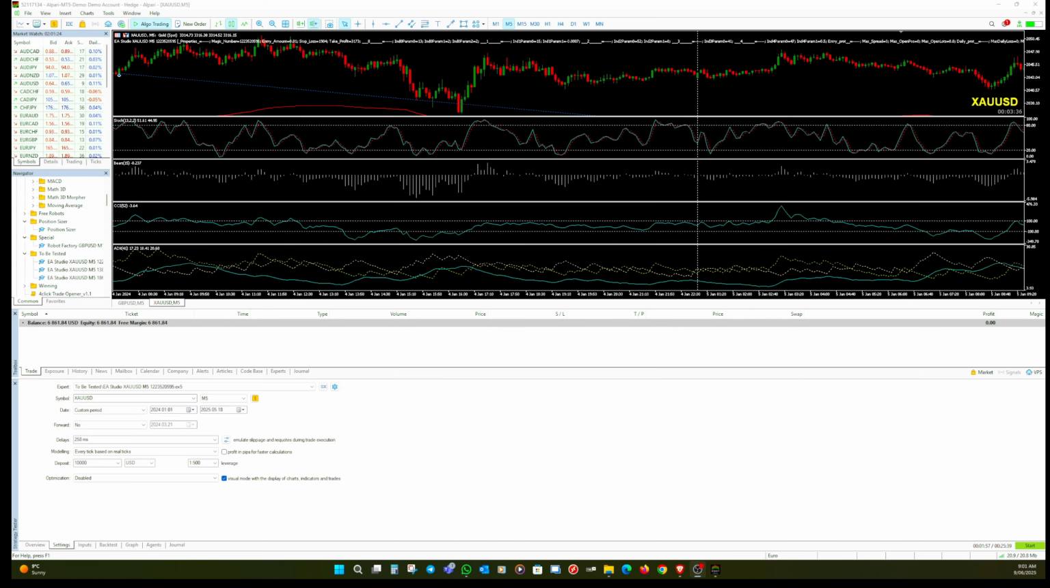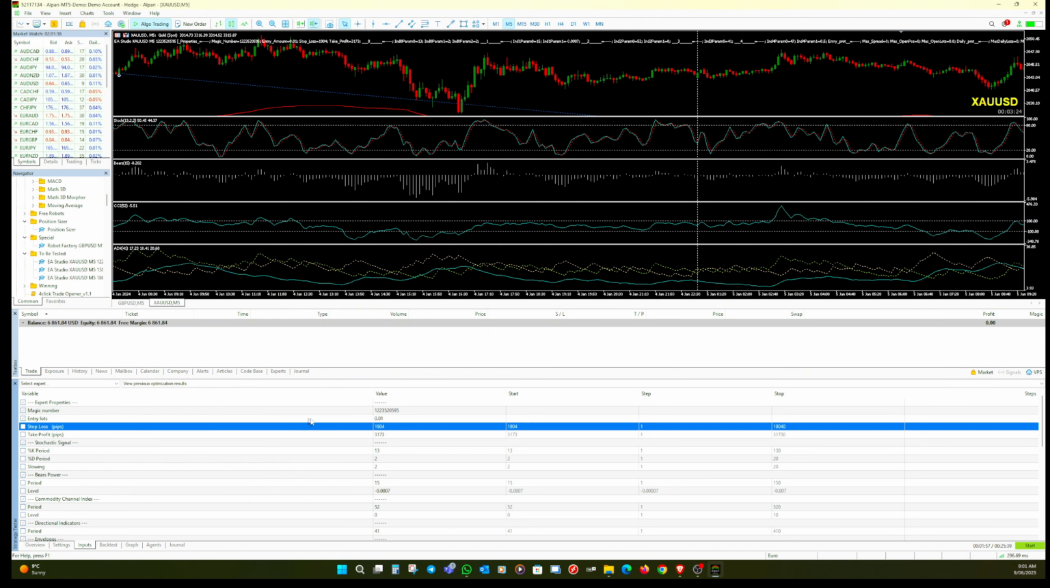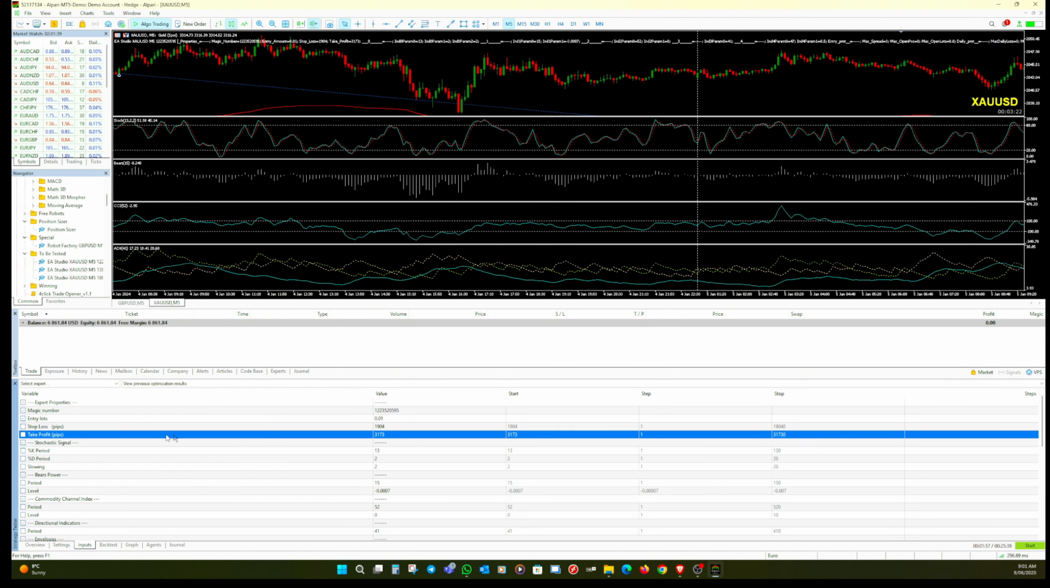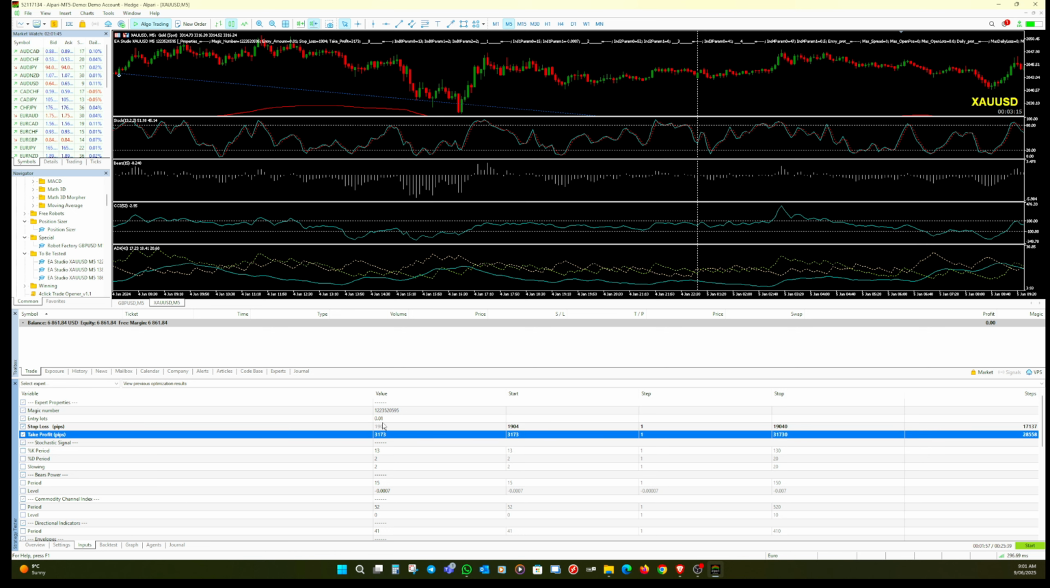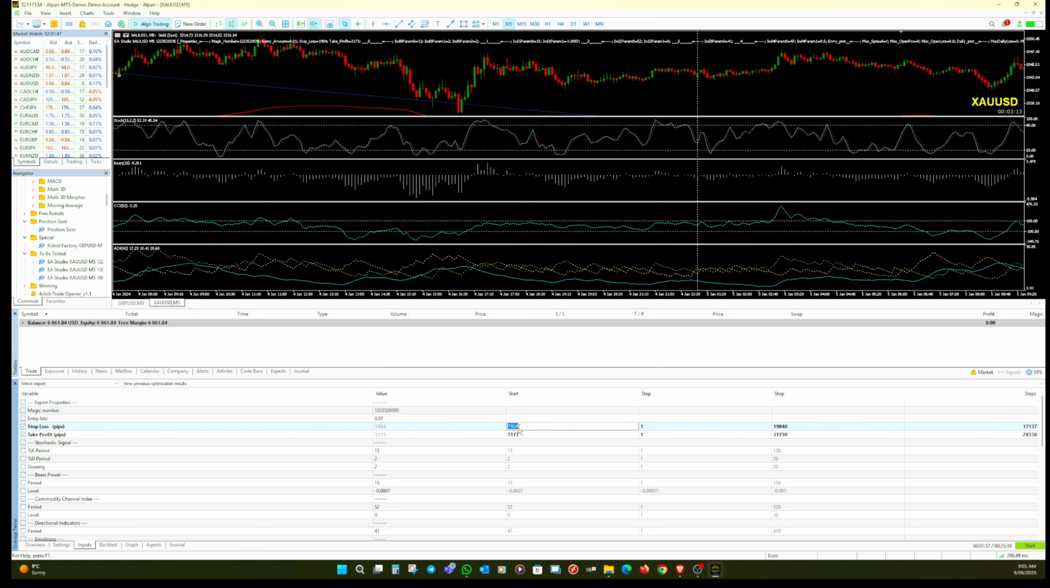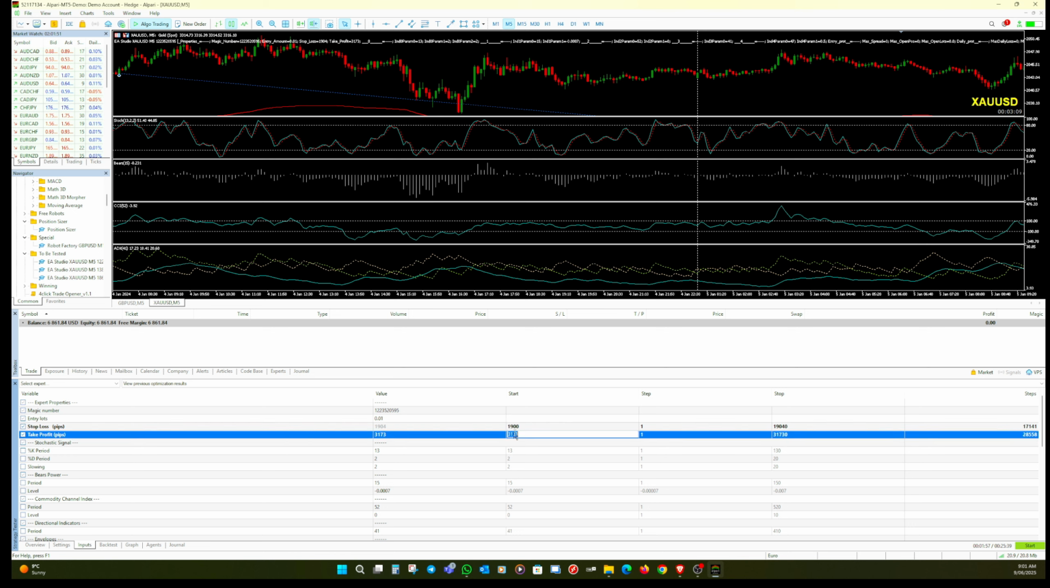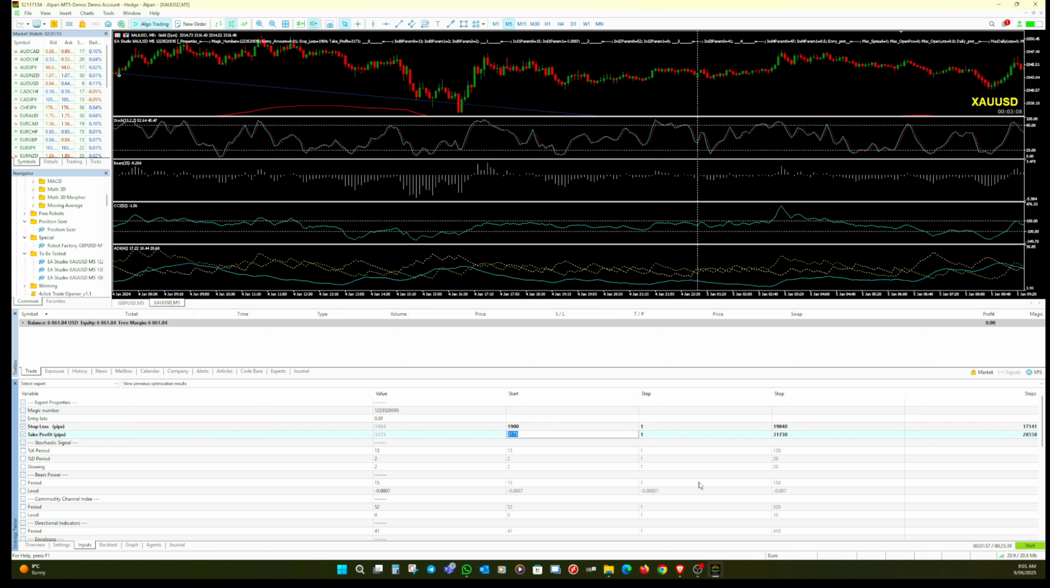Okay, we won't go through the entire setup for that one. To optimize this, you can also turn off visual mode, click on show complete algorithm, go into your inputs, and we only want to change 2 settings on here. So we tick the box next to stop loss and take profit, and then we modify them a little. So we'll say starting at 1900. So with gold, I actually use points,